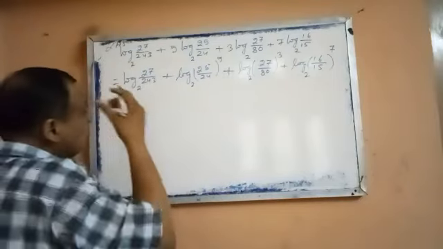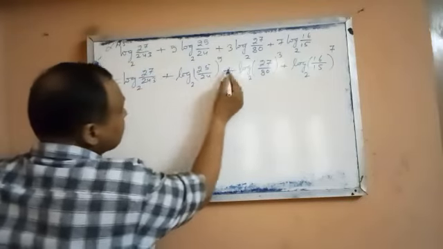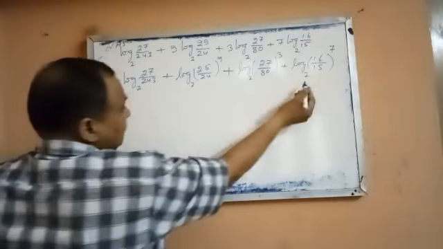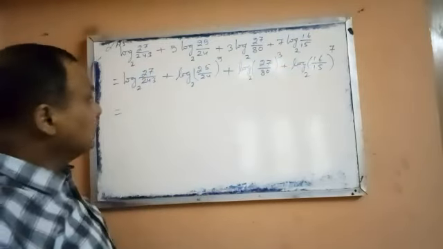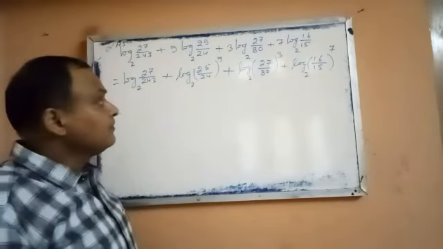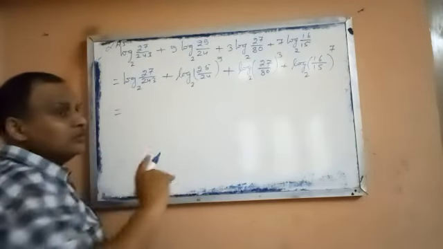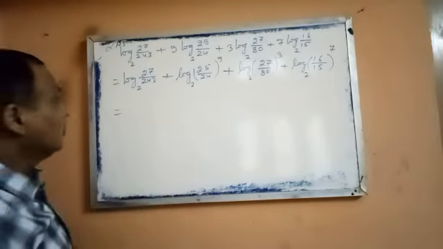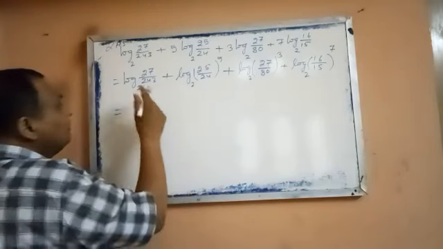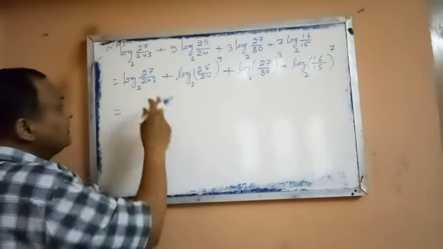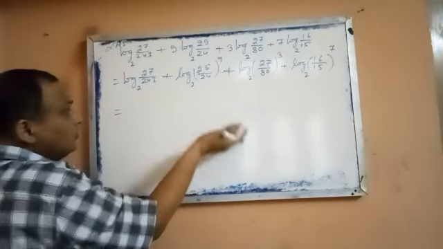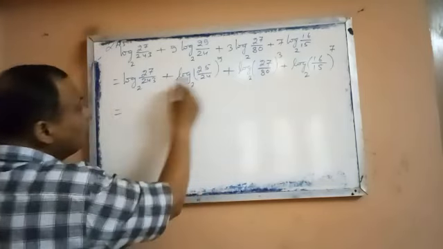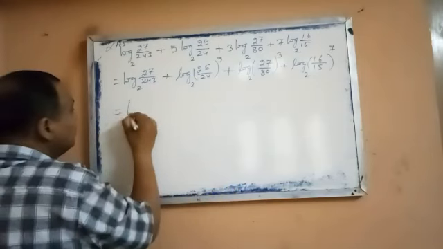So what we'll do now, you see the operation, log this plus plus plus, all the logs are in plus form and bases are same. So last class I told, or in class 8 also we had studied, that if bases are same, then we can do any operation. If bases are different, we cannot do any sort of operation in logarithm. So here bases are same, and we know that in case of multiplication log becomes plus. So we'll think in the reverse way. Log plus plus plus is there, so all will become multiplication. So what will we write?